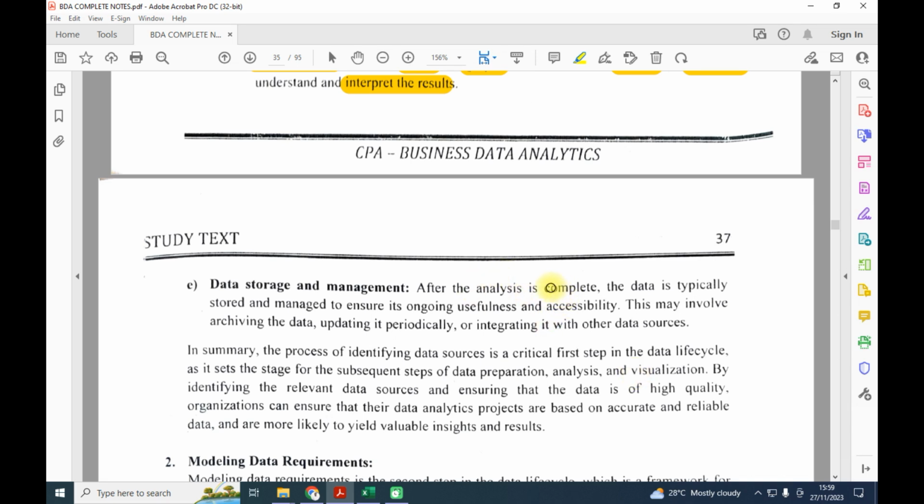After the data analysis is complete, the data is typically stored and managed to ensure ongoing usefulness and accessibility. The reason we are managing it is to ensure that ongoing usefulness and accessibility is possible. This involves archiving the data. Later on we shall see that, under the process of removing the data, the last stage of the life cycle. When we are removing the data, we can decide either to delete or to archive. Archiving is not deleting; you are putting it in archives, a place that we can easily access when